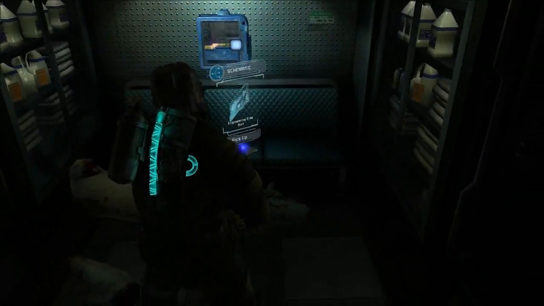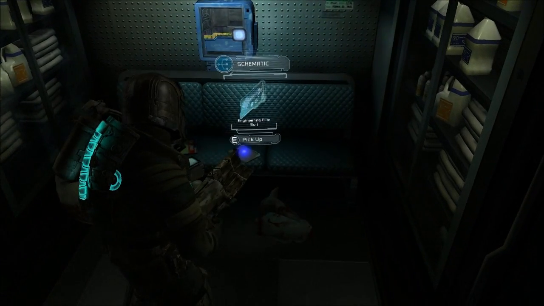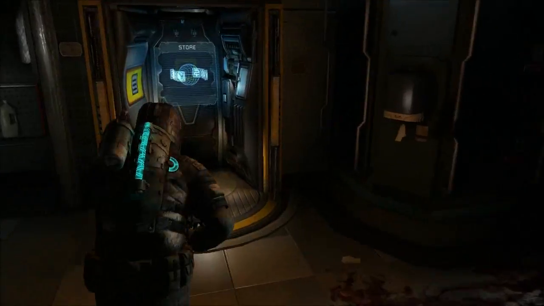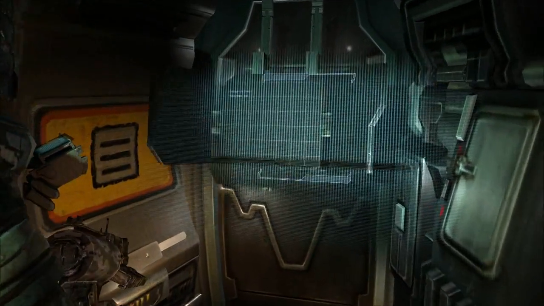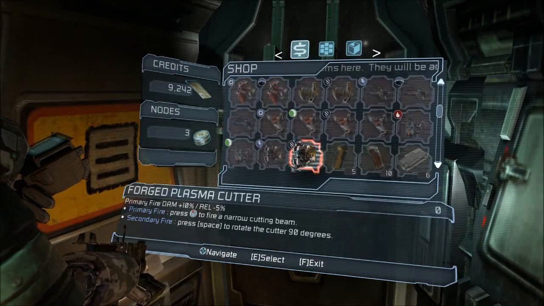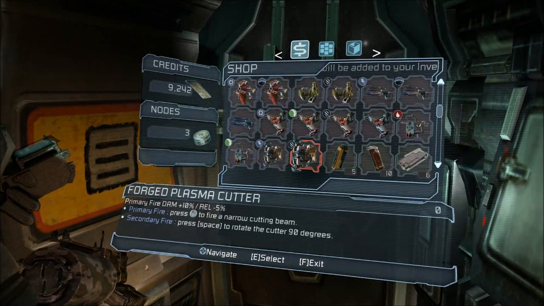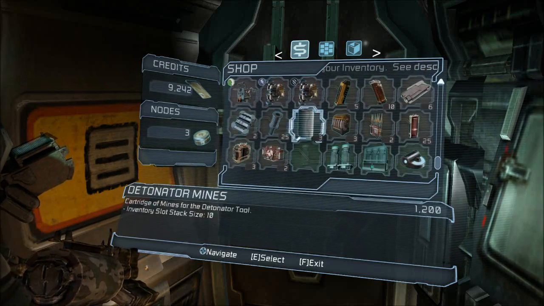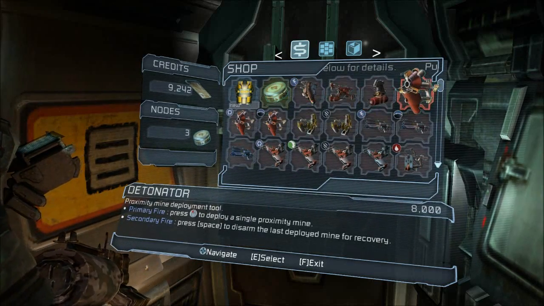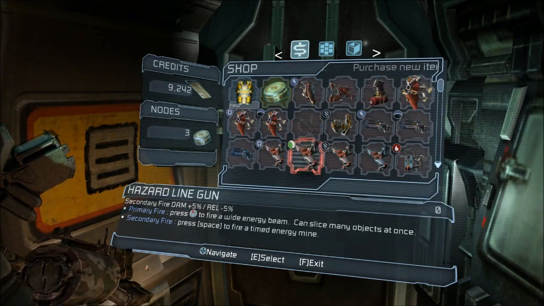But throughout the game, you also find these schematics here. You'll see I just found a schematic for a new suit, which you can take over to the store, and once you get into the store you can download the schematic and the suit will become available to you through the store. Maybe I'm just blind. But in any case, yeah, so this is